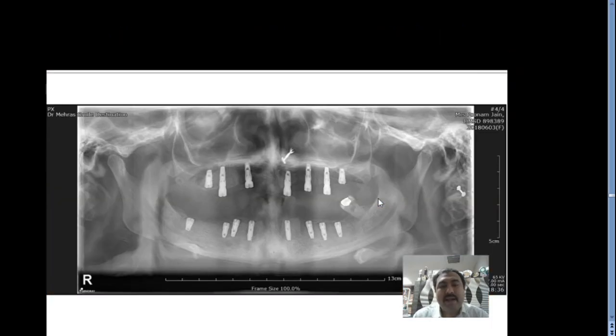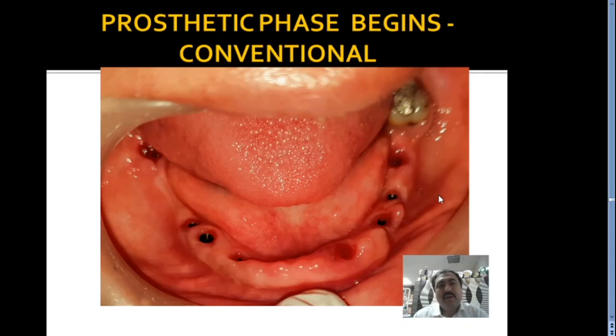We move ahead and place the 7 maxillary implants in position. 2 digital sinus lifts were done. The prosthetic phase began after that, and the prosthetic phase I followed for this case was conventional. Too much digital had already been done, but yes, in many cases now I'm switching to the digital prosthetic phase as well. So with this, the rest is a conventional case, how it was managed.